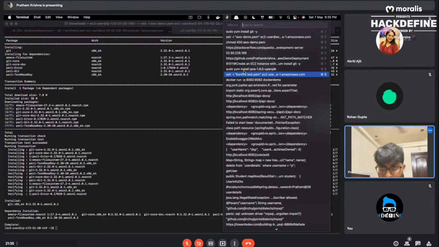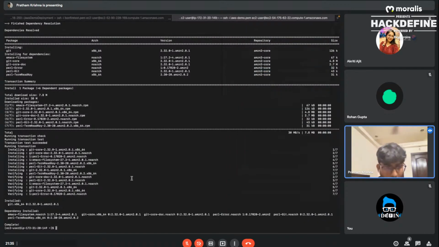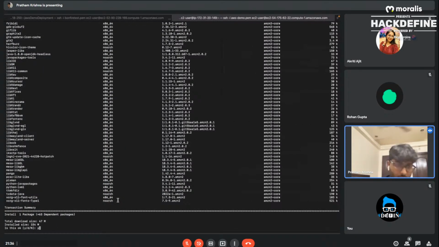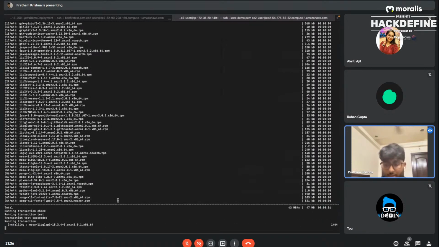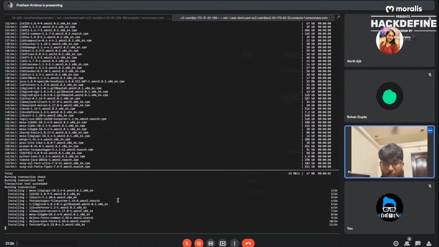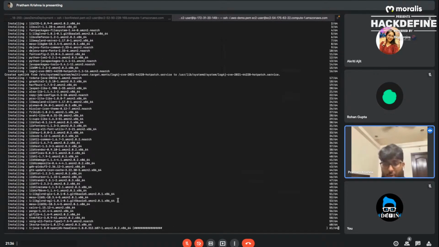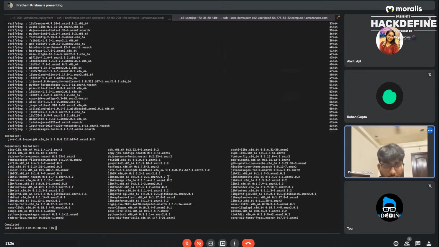I'm working with Java 8 over here. With every different version of Java, you'll have to install using a different command. So it could be OpenJDK 11, or it could be OpenJDK 1.8. Once this is installed, we're going to clone our repository and run it.